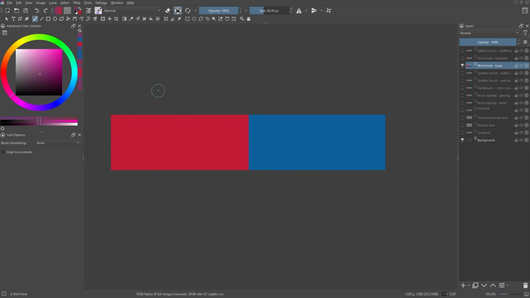Unlike the wet brush presets, they will still apply the active foreground color while mixing it with the color on the canvas. Just for example, if I choose a green color, with strong pen pressure, there is almost no blending effect on the stroke result. But with less pen pressure, the green color will mix with the surrounding colors on the canvas as if it is wet paint. We don't want this green color in the middle, so I undo it first.